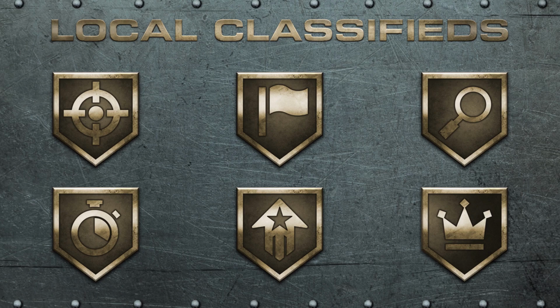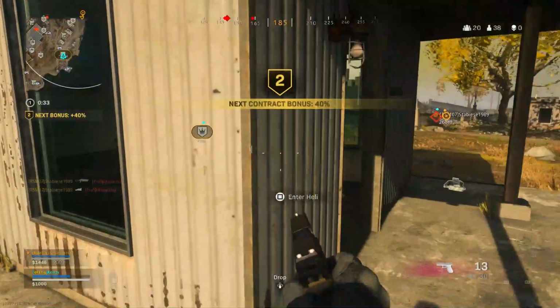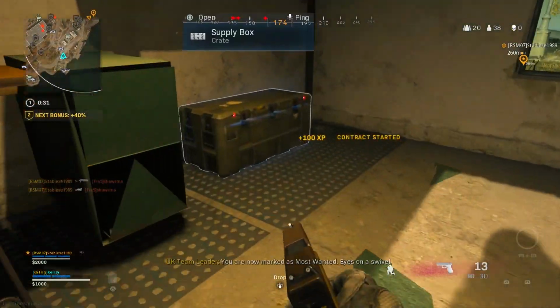It looks a bit like a crown, and again it's more useful for quads when your team has been eliminated and you've got no yellow shop to go to. So land on one of these fellas and you'll be marked as a target. Everyone on the minimap or the map in general can see your location,